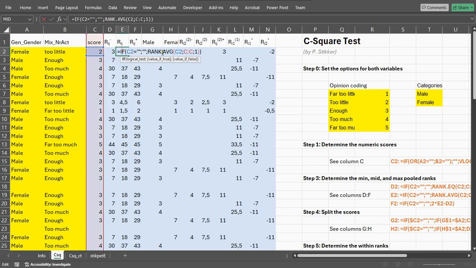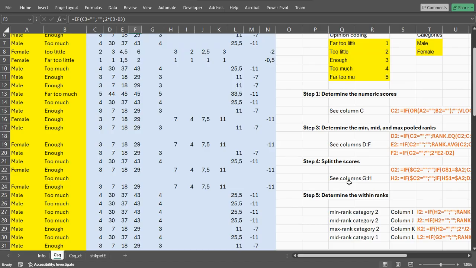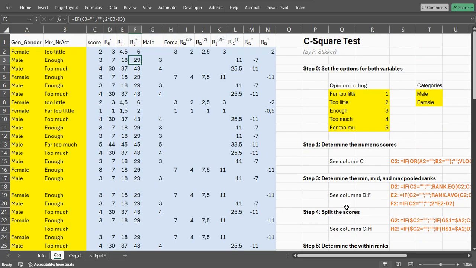You can also use average ranking, so if more than one has the same score, it will use the average of what the ranks would be. Last but not least is of course the maximum, which is simply twice that average minus 1 times the minimum. Once we have those, we can go to the next step, which is determining the placement values, and that's being done in columns